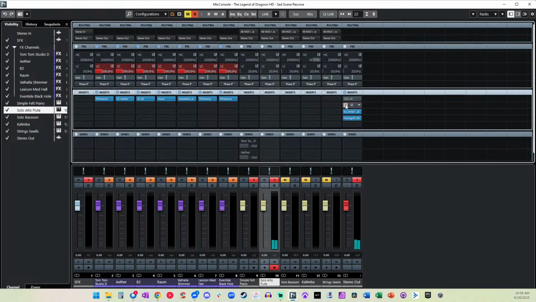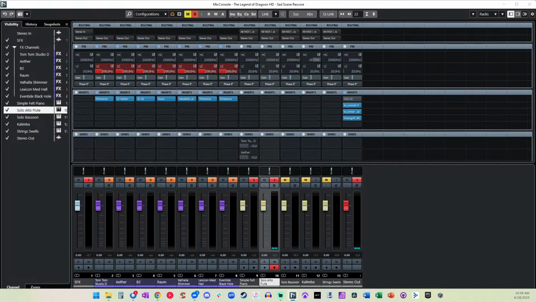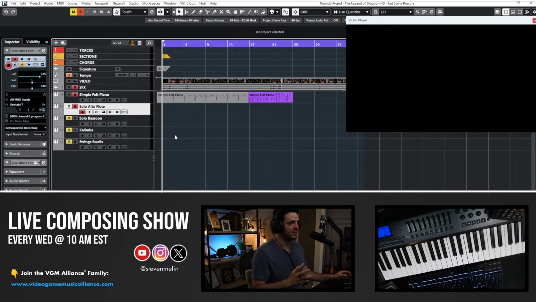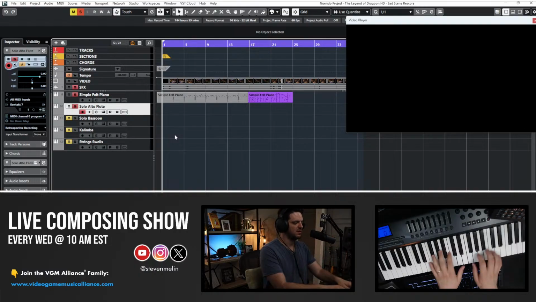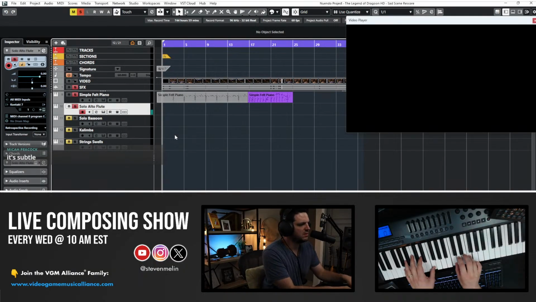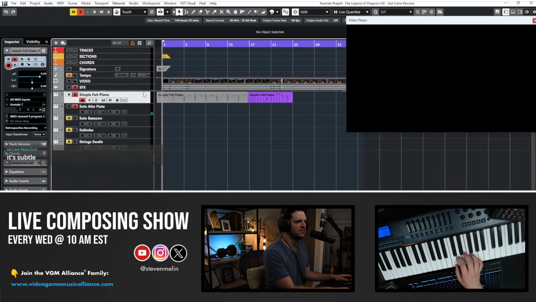Maybe you can't hear it with a solo instrument, but you'll hear it. I'll show you a little bit later when we have more instruments playing. I've found it to be a godsend. It adds so much analog warmth to my tracks. Now, I'm not going to say you should use it on 100% of everything, but so far on the orchestral music that I've used it on, it's really helped to, it is subtle, to give it that little bit of live edge. Makes things a little bit airier, I guess is the way of saying it.